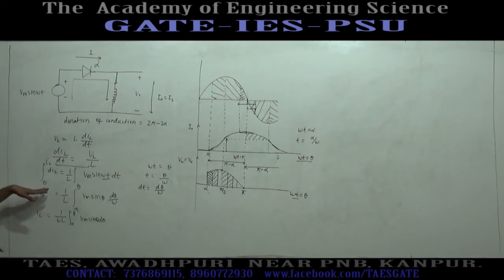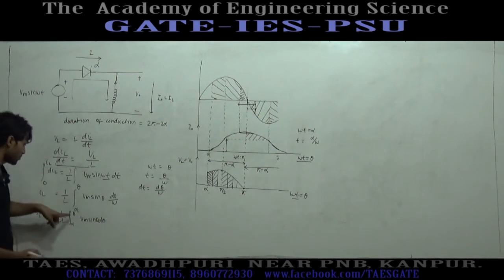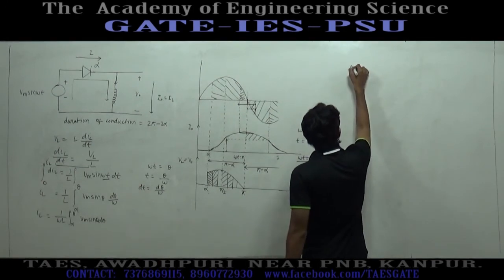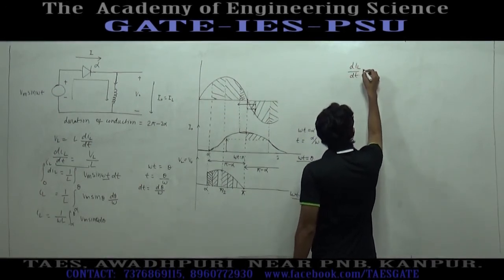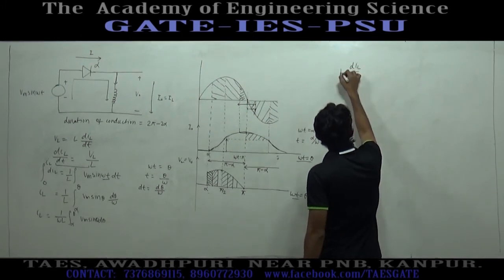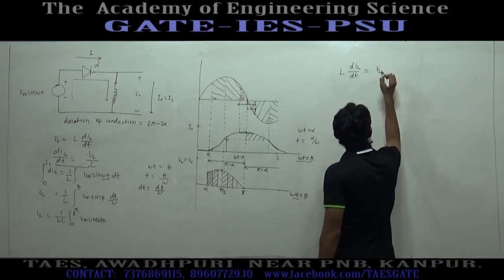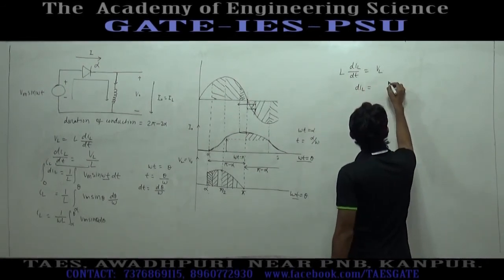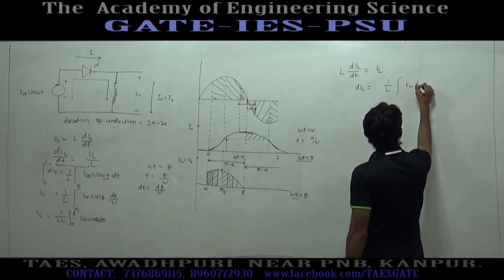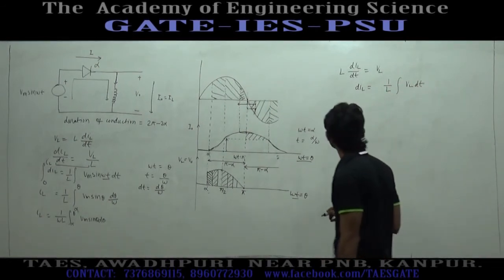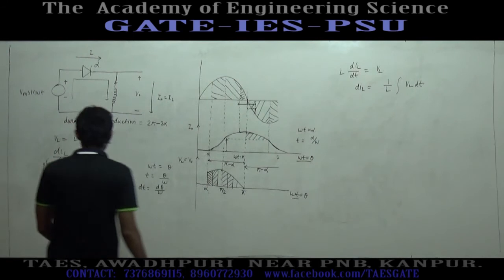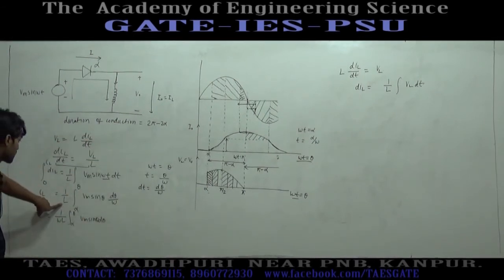Here we have solved this equation by integrating in theta domain, where we put the limit of theta. We can also calculate this integration in time domain. We will start with L dIL over dt equal to VL. So, dIL equals 1 by L integration of VL dt. Now, since we want to integrate in time domain, we will put the limit of time. So, compare that integration with this integration.